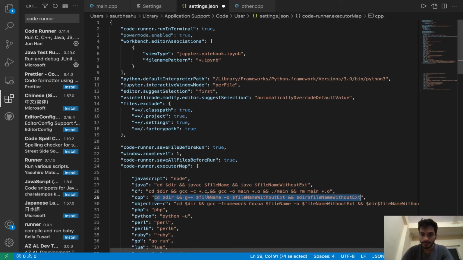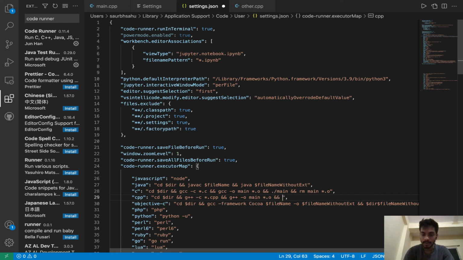Now cd directory, and I am asking for the compilation of all the cpp files. After the compilation I am going to link all those object files by the command g++ -o, and the executable file will be named main, and it is going to link all the object files.